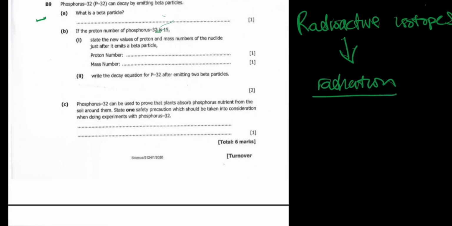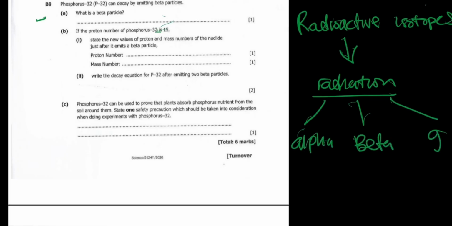When they decay, they produce radiations. Now, these radiations can be alpha radiations, beta radiations, or gamma radiations. So these are the emissions from these radioactive isotopes. Now, when these are emitted, especially the alpha and the beta, they try to change the number of protons or the number of neutrons of each particular atom. So, for example, in the case of the beta emission,